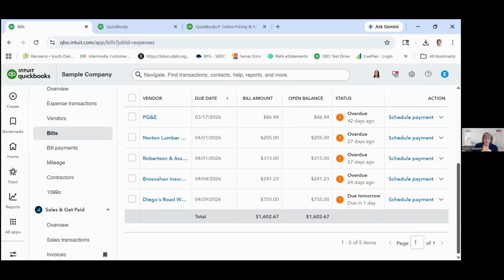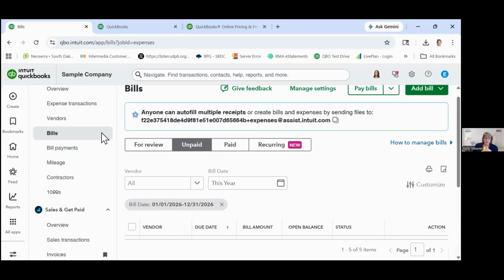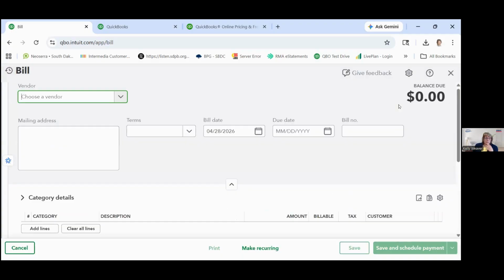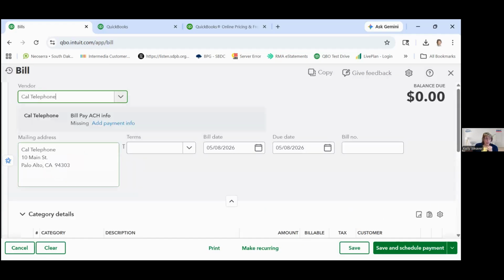They're being tagged as receiving payments, basically, or that you're going to make a payment. But here we're going to add a bill. So we're going to create a bill, and we're going to choose a vendor, Cal Telephone. And we're going to say we have net 30-day terms. So we get that, or net 60. Whatever I choose is going to pick the right due date.